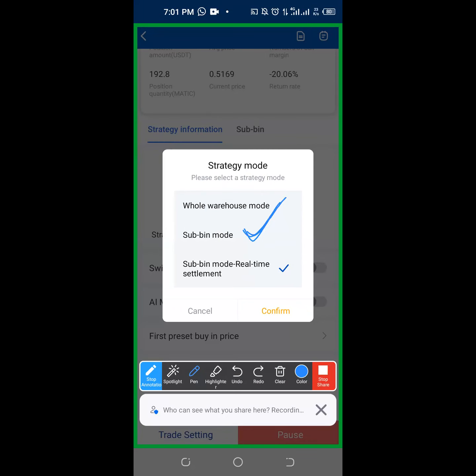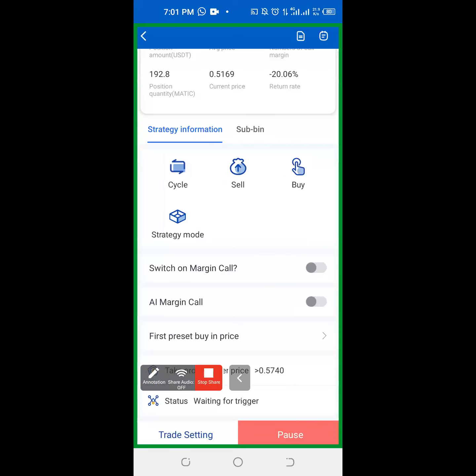But if you want the bot, anytime you buy and sell, it should be giving your profit immediately. That's why most times we put it at this sub-B mode real-time settlement. That's why we always recommend to use that option. Now, if you go to the trade setting,